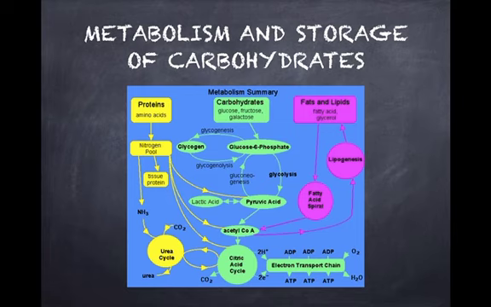But what happens is that when you take in glucose and your body doesn't need that much glucose, you take in a bunch of glucose, insulin spikes, and insulin pulls that glucose out of your bloodstream in an effort to regulate your blood sugars and keep them low, which is good. But then it pulls it into the cell and puts it through glycolysis, and we get ATP out of it. But then it gets turned into pyruvic acid, which then crosses into the mitochondria of